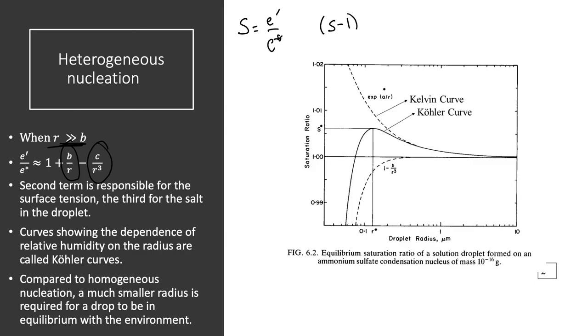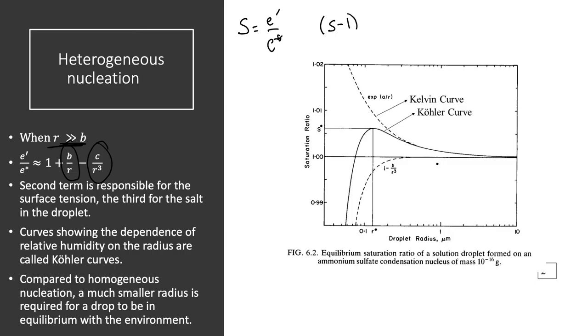Unfortunately, here we're using different letters. So A is what we call B, and B is what we call C. But just keep in mind, this term, Raoult's law, tends to give you lower saturation ratios, okay, at smaller radii, whereas the curvature term would